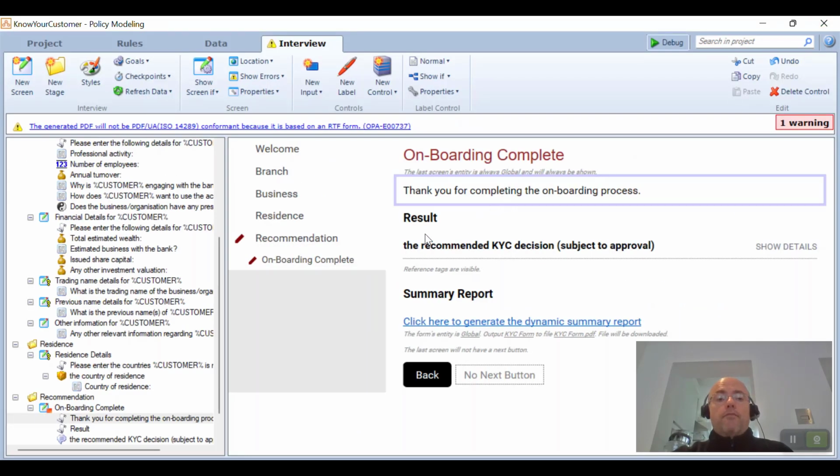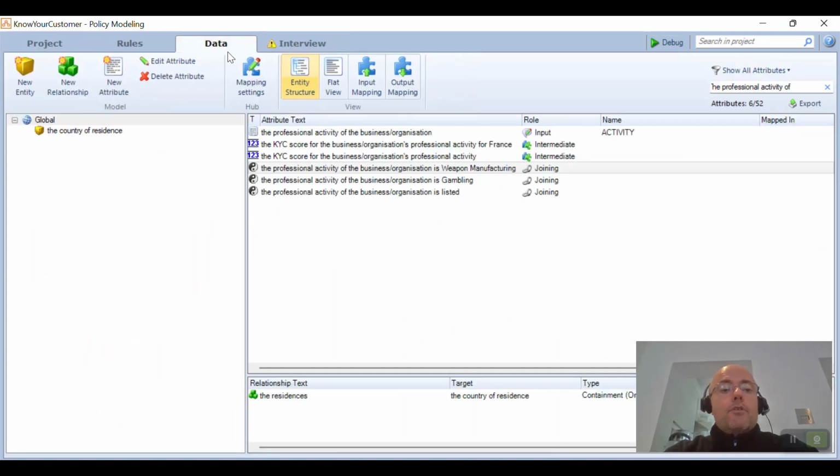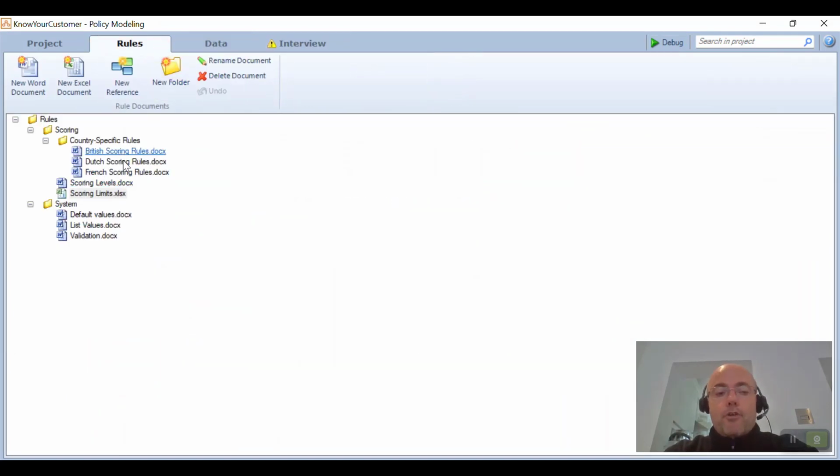So all in all, a very straightforward project. Very simple to understand, very simple to modify for that matter, in 3 or 4 key areas. First of all, modifying the explanation. Clearly, of course, for the purposes of a demonstration, would be either to modify the scoring system that is involved here,